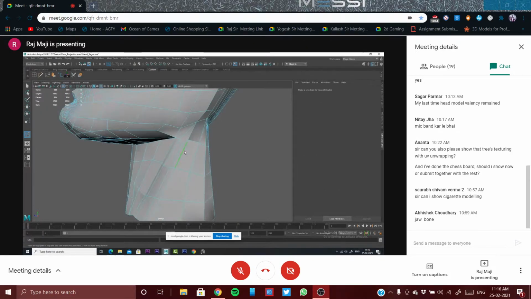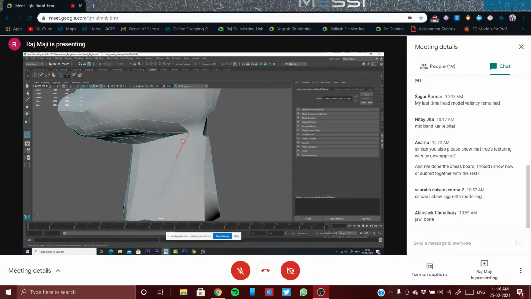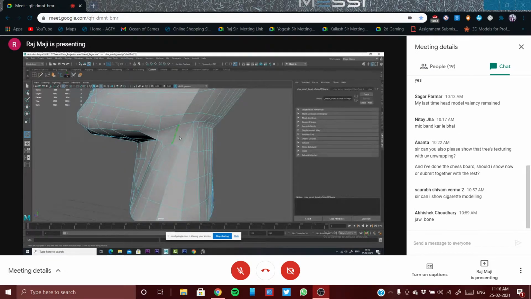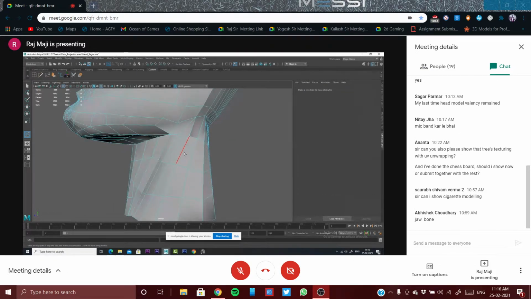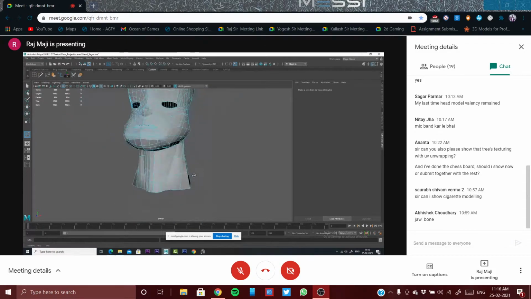My suggestion is when you are extruding everything, that time only extrude the muzzles, otherwise no need to extrude the muzzles. So it should be somewhere like this, in this area.